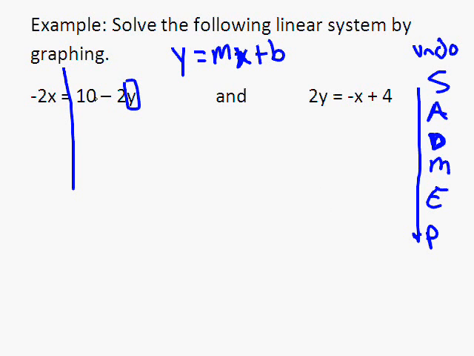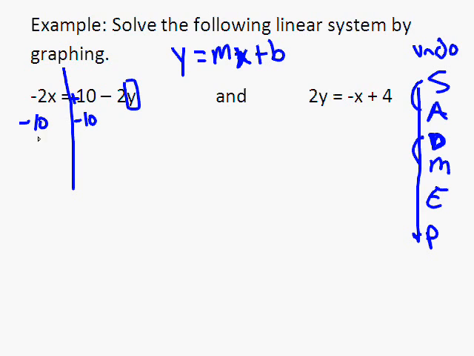So we look at 10 minus 2 times y. We can't get rid of the negative 2 times y because that would be multiplication and division. We need to first get rid of any subtraction or addition that's on the side. We do have a 10, and it's a positive 10, so we can get rid of that by subtracting 10